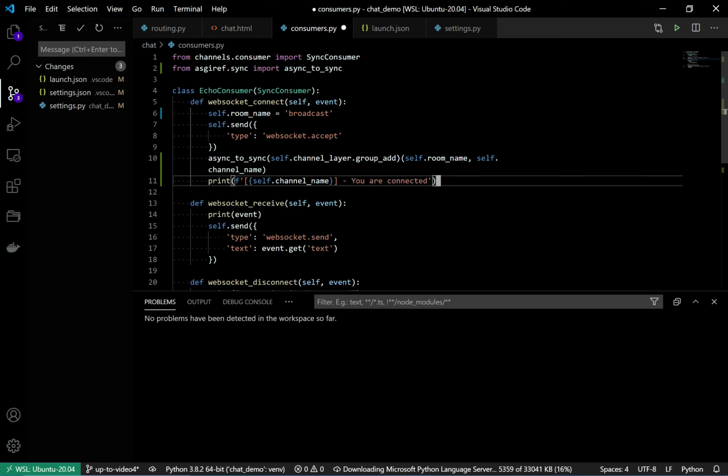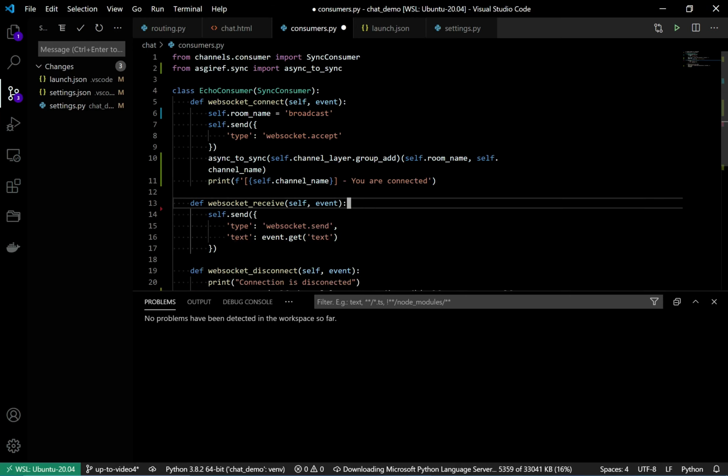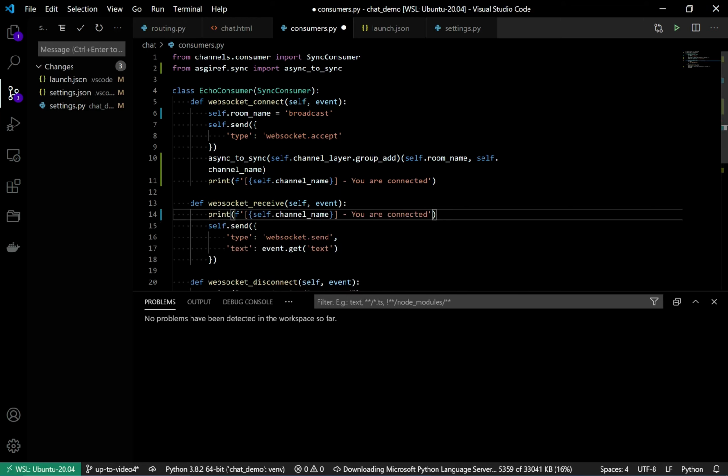The same way, in the print statement whenever we receive a message, self.channel_name will be there, and here I am also going to change a few things: received message, and what is that message, we are going to give that name event, and then inside that text. Whatever text you have received, we are also going to print here, so you will understand what message you have received from which channel.